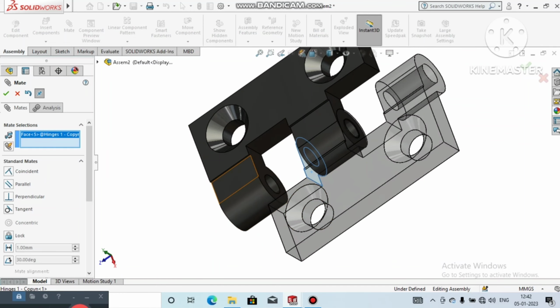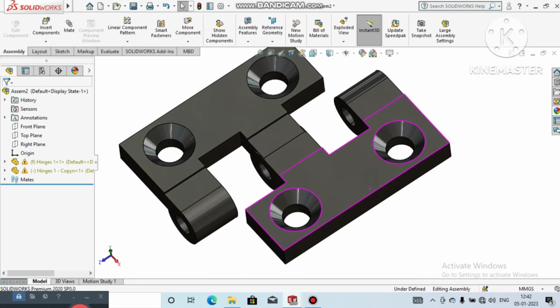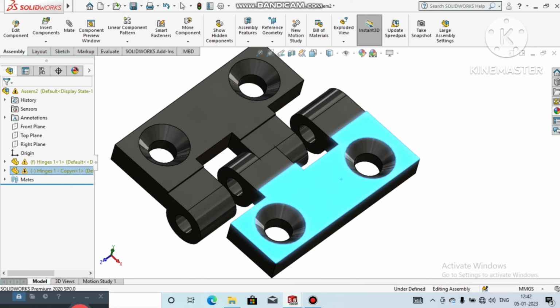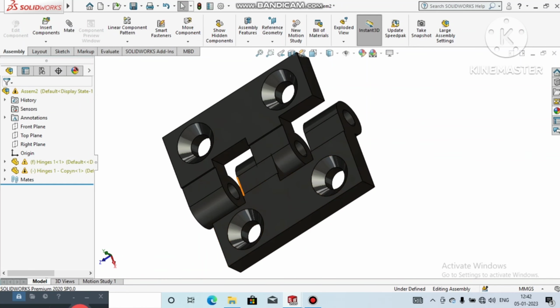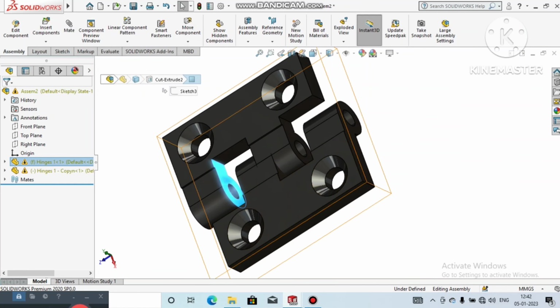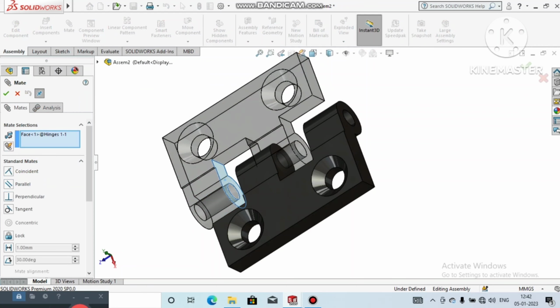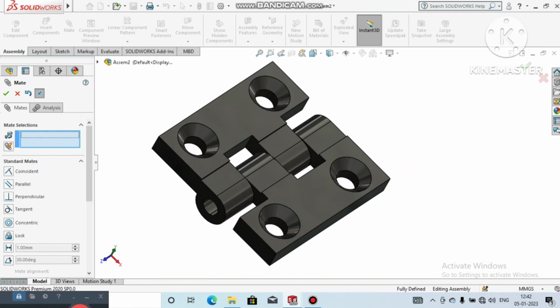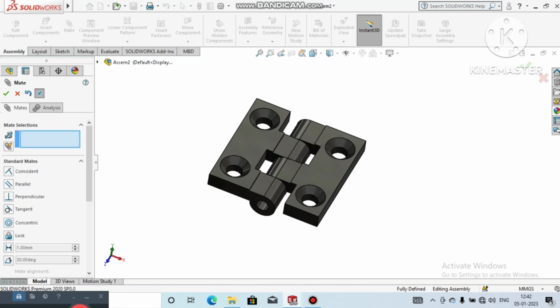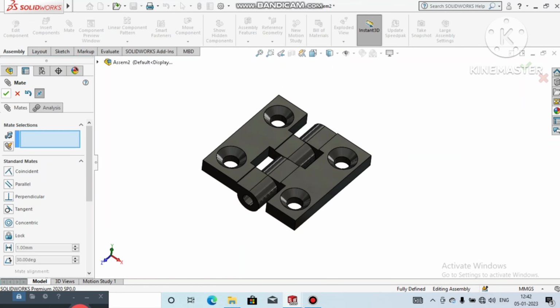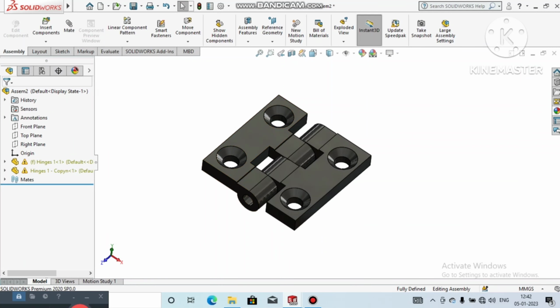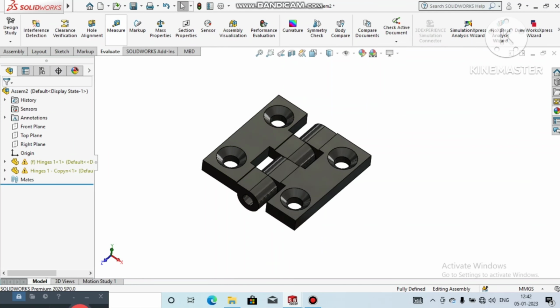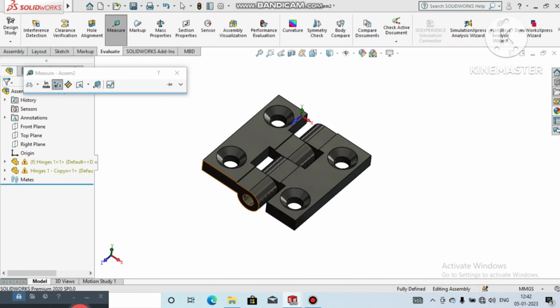So select this face and this face, so it comes here. Now again go to the mate, select this face and this face, so it comes along this side. So here look how we create the hinges and make it concentric. Now again it's time to create